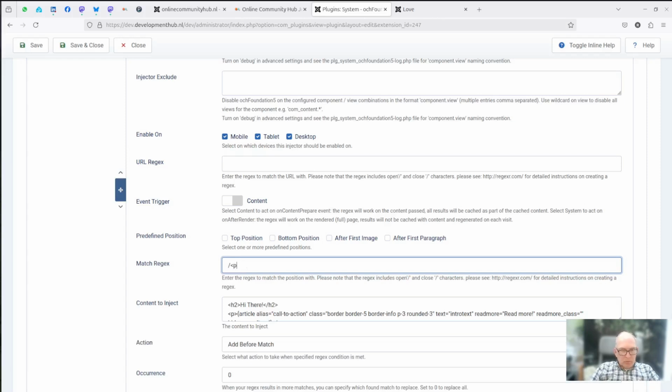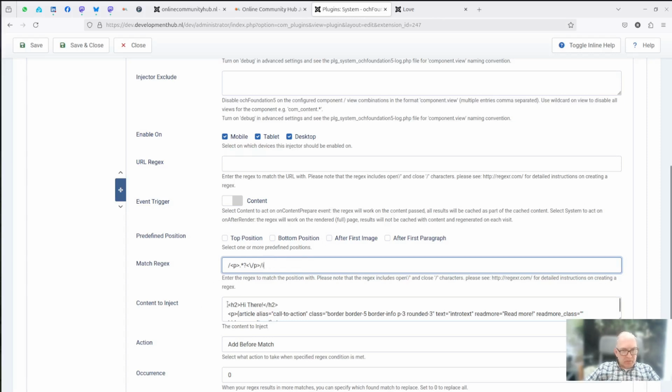So we are going to look for the P element in HTML, and everything in between. So basically we'll look for something that starts with the P and ends with the P and everything in between. So this is the complete paragraph, including the text in the paragraph, and we match it with the I, which is for case insensitive.